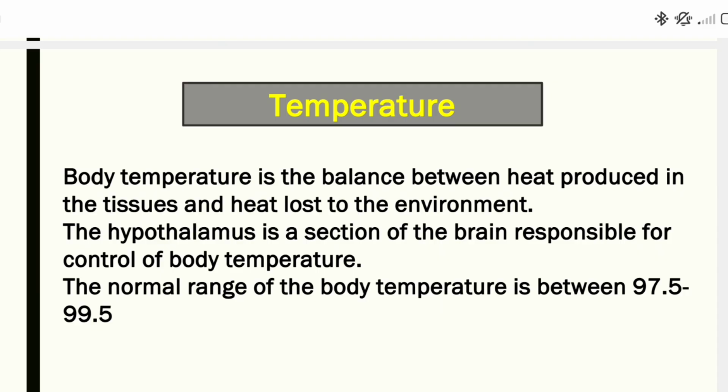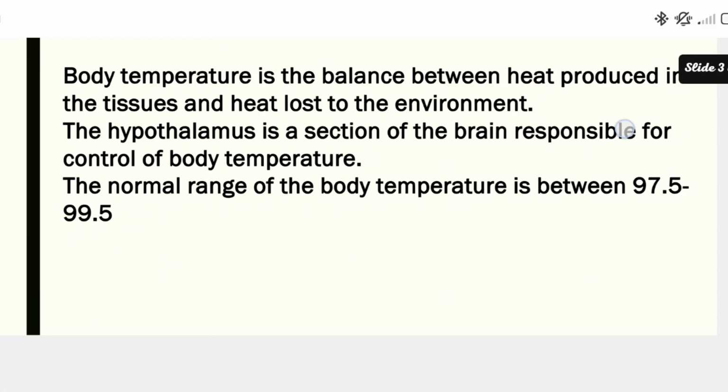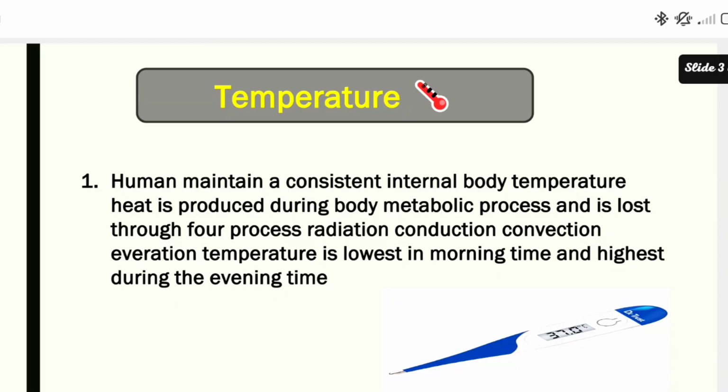The normal range of body temperature is between 97.5 and 99.5 degrees Fahrenheit, okay. And the body maintains a consistent internal body temperature. Heat is produced during the body's metabolic process and lost through four processes: radiation, conduction, convection, and evaporation. Okay,